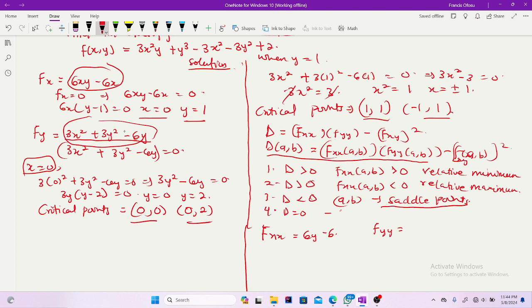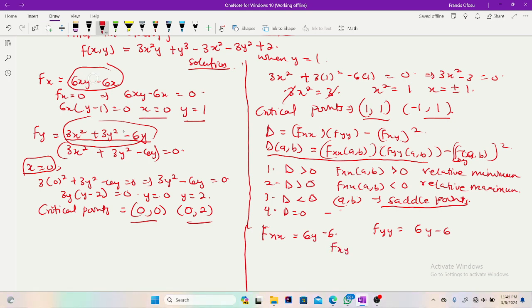So differentiating it with respect to y, I'm getting, here will be 0. Okay, this place will be 0. So I'll also get 6y minus 6. Then the next thing to find is what your